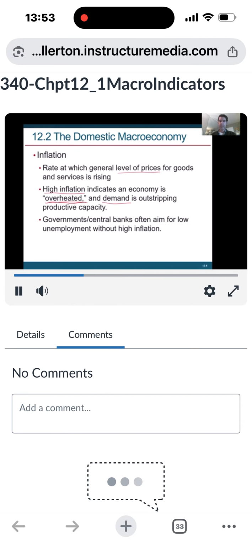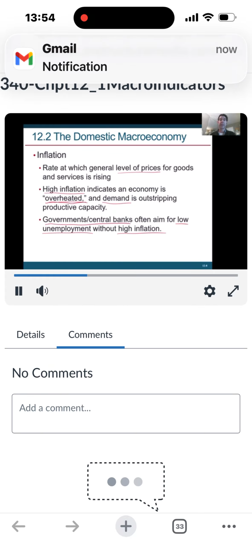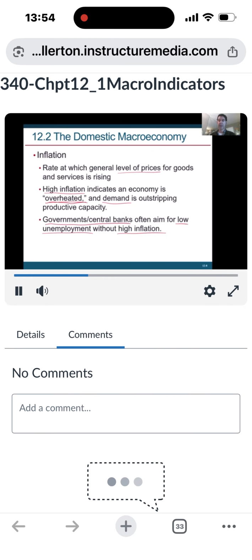All right. Governments and central banks, okay, if you look at the Fed and you read into what they say they're aiming for in their Fed policy, they actually say they're aiming for low unemployment, so they want everybody to be employed. We said that was good because then people are producing goods and services. Without high inflation, they don't want that to be overheating the economy, sort of the demand side, and pushing up prices for high inflation. So they often say their goal is to balance those two with their monetary policy.